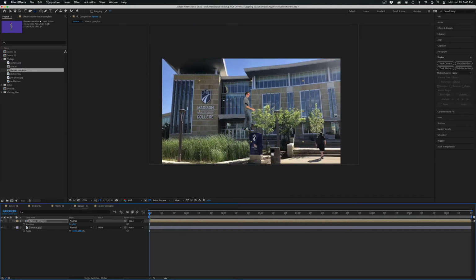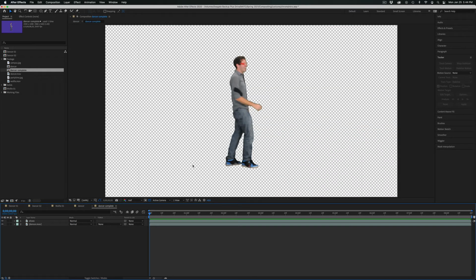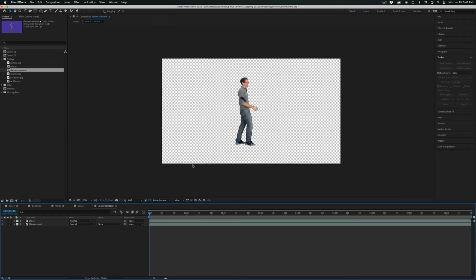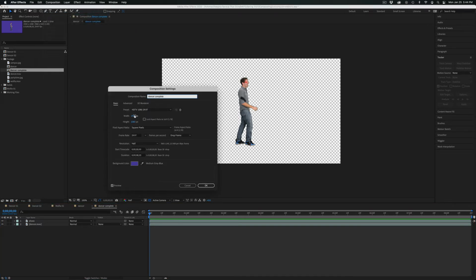Let's zoom out a little bit more, and I'm just going to bring this down. One thing that's a little bit weird is the bounding box of this guy is larger than the asset, but that's because of the size of this composite, which is really larger than it needs to be. That's because of the original green screen footage. So that would be another option if we wanted to, is we could go to our composition settings and we could reduce the width